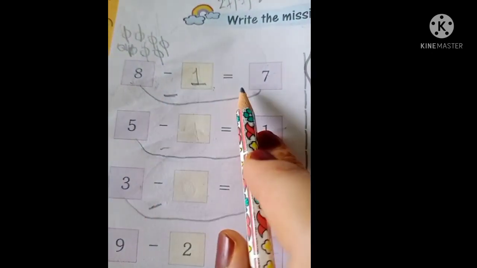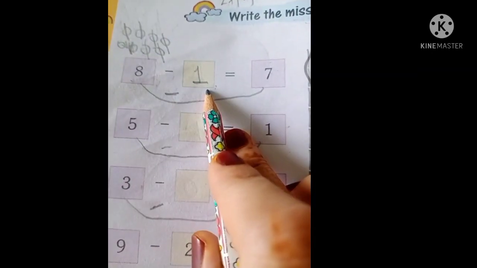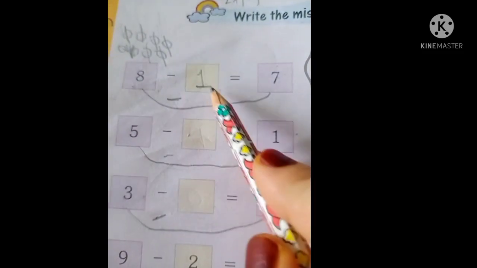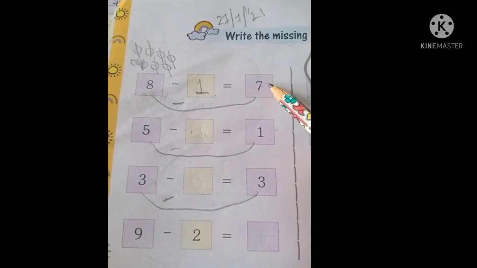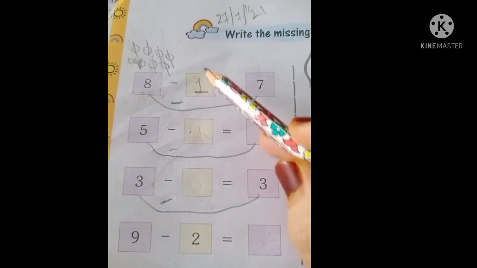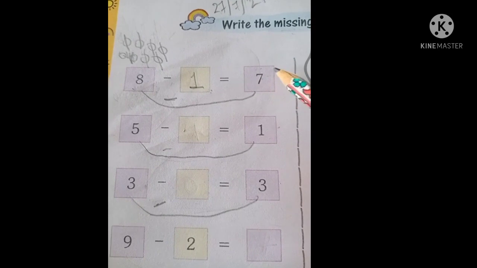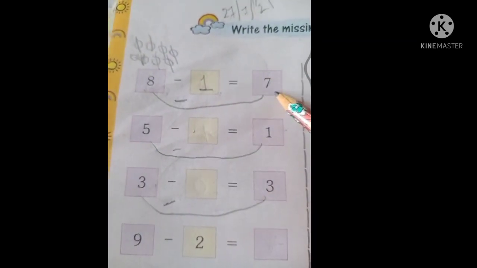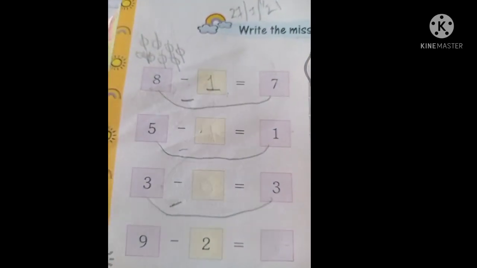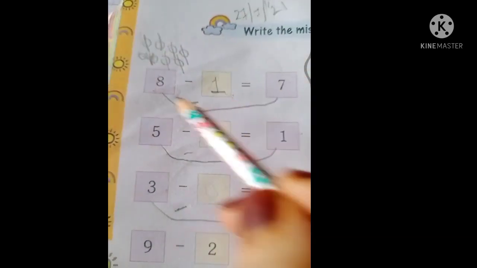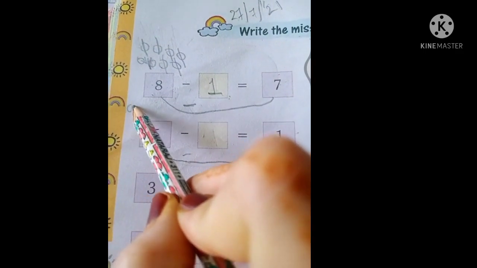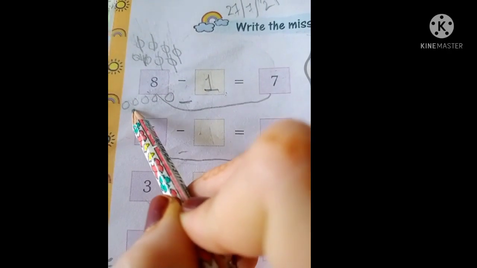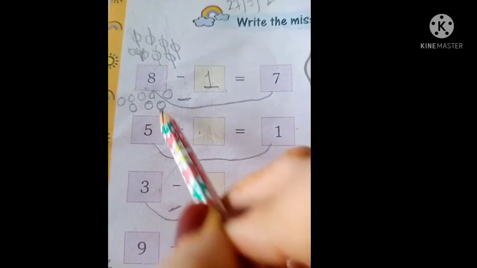I will cross check my answer. मैं अभी आंसर को क्रॉस चेक भी कर रही हूँ. If I do 8 minus 1, I will get 7 or not? इससे हमें पता चल जाएगा ना कि हमारा ये जो 1 आंसर है वो राइट है या रॉन्ग. यानी 8 में से अगर हम 1 माइनस करेंगे तो अगर 7 आंसर आए तो आंसर राइट है, if not that means wrong. So here 8 circles, so I am drawing it. 3, 4, 5, 6, 7 and 8.